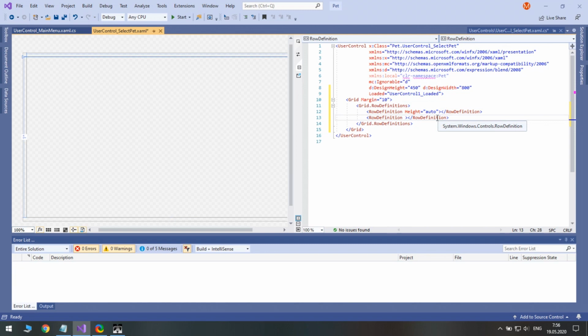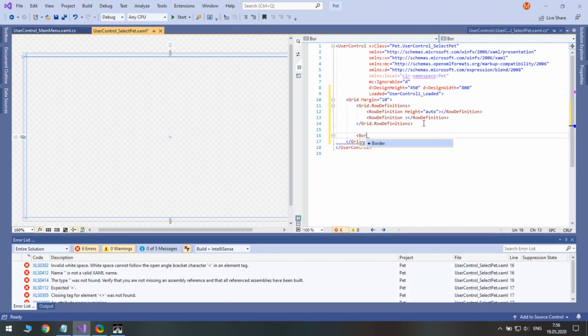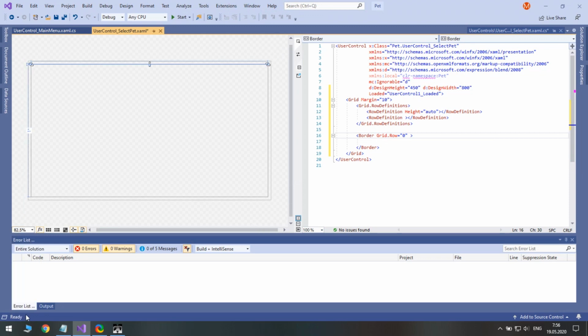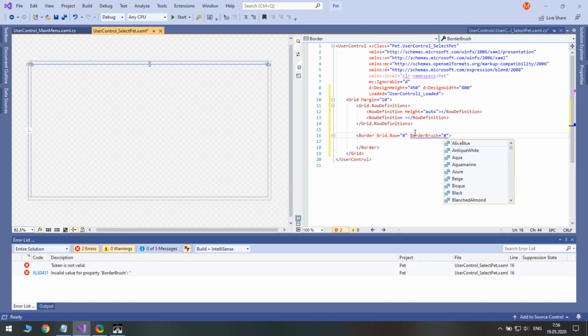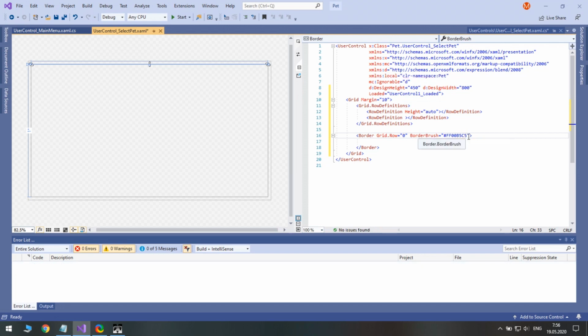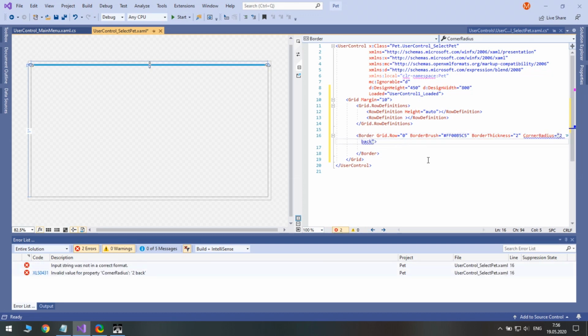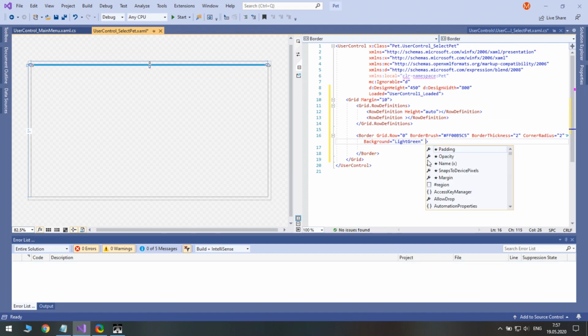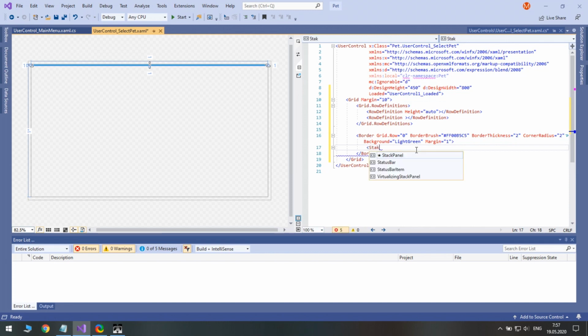Let's make a light green border containing text. We will put a stack panel inside of it first to add inner margin.